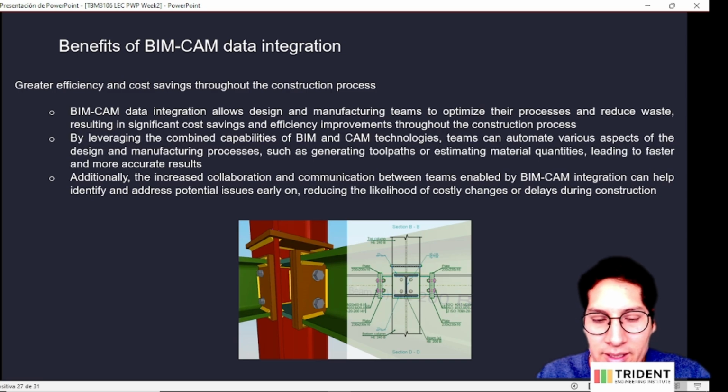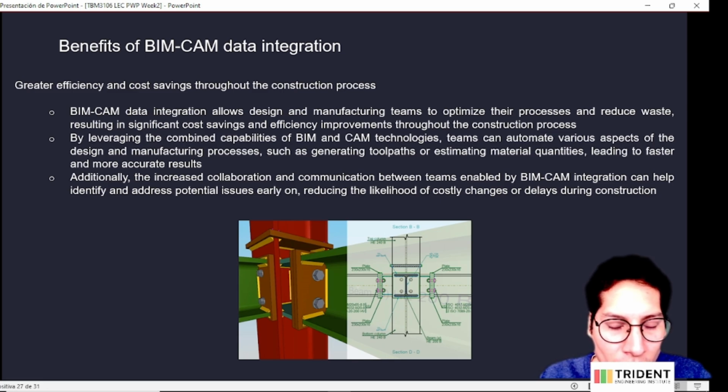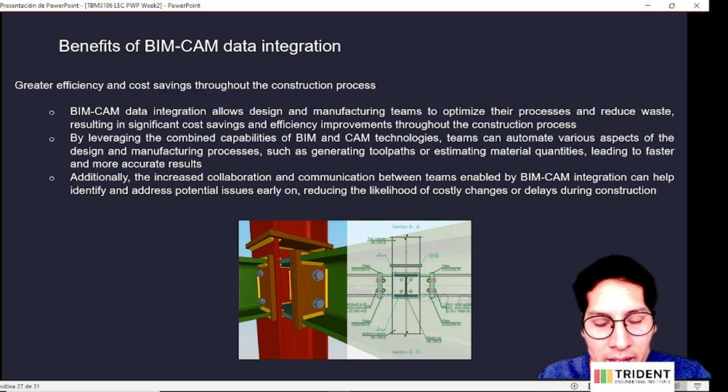We can see on this steel beam connection all the details, all the bolts, and how they're going to be placed, what the welding spots are, and how many plates we're going to use for this connection. And once the manufacturing team has this 3D view of this connection, they will have a clear understanding of the elements they need to fabricate. Adding this to the documents, such as the drawings, they will be able to manufacture a correct shape,